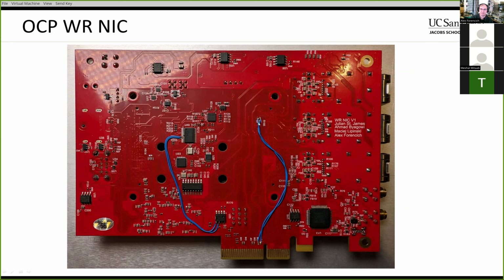And for various reasons, that's not going to work. So that's one of the changes that has to be made on the new version. And then I also connected this little EEPROM here, which is for the PLL chip. I connected that to I2C. So that can be programmed directly from Linux without the PLL chip running. So with these two connections, I was able to program the EEPROM, get the PLL running, and then bring up